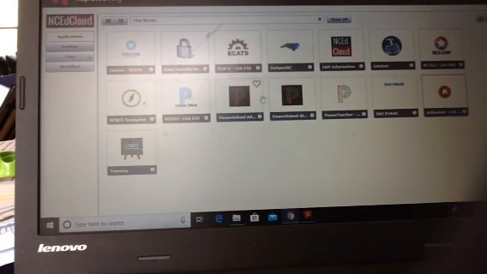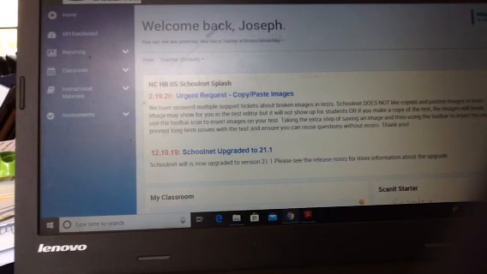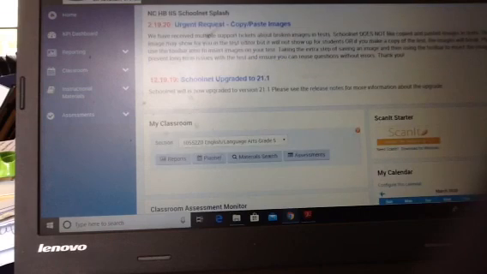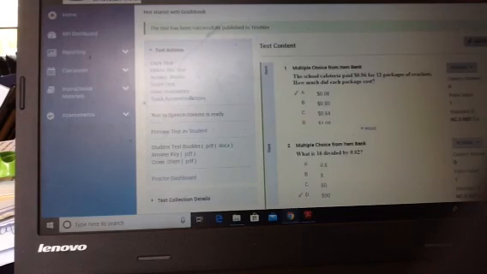Similar apps. Again, my apps are different than yours because I'm the teacher. But the next thing you'll look for is SchoolNet. When you do that, it'll take you to the home screen. Again, mine looks different. Mine says, "Welcome back, Joseph." Yours will say, "Welcome back, whatever your name is." And then kind of where I have this here, you'll have something that lets you put in a code for online test code, and you'll enter the code that I post with this video. And when you do that, it'll let you take the